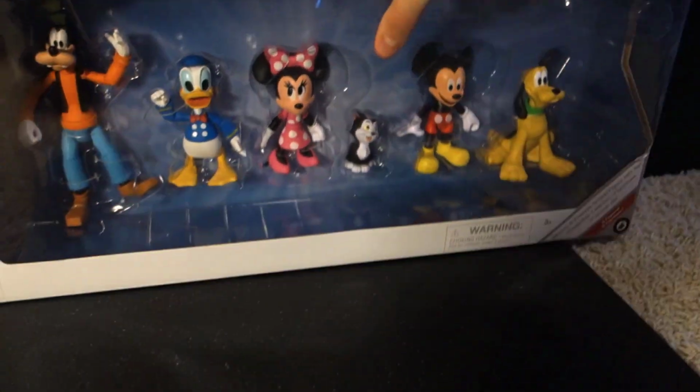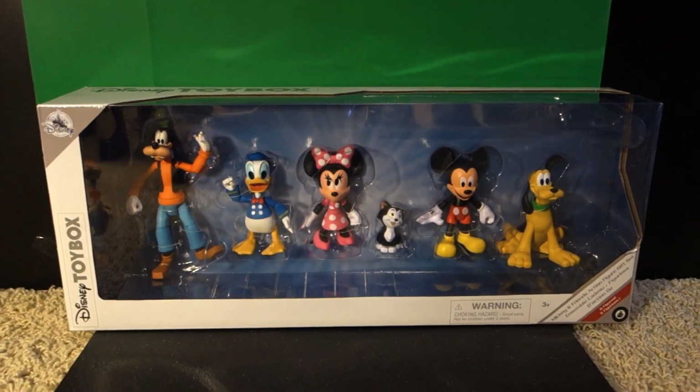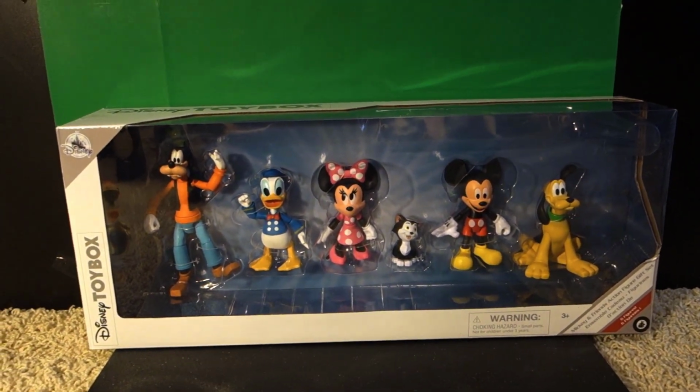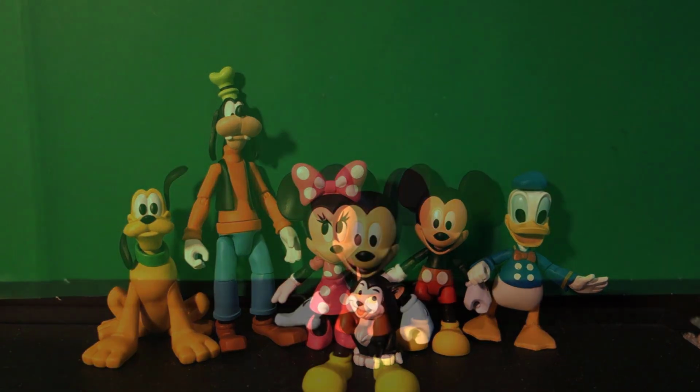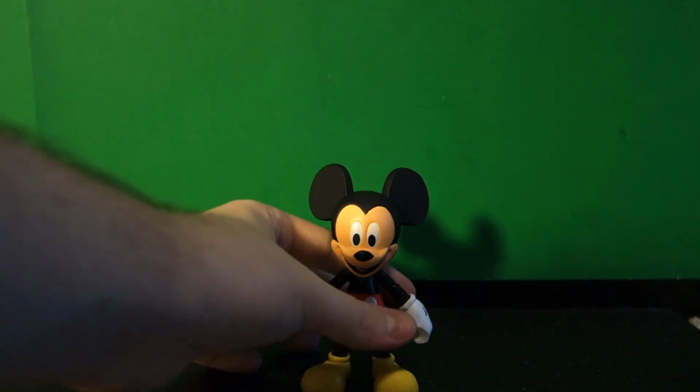So, this is probably the longest box, so I'm gonna open this up and we'll have a look at it. Okay, so we've gotten the Fab 5 out of their box, and we are going to take a look at them one by one. Now, I already reviewed Mickey Mouse